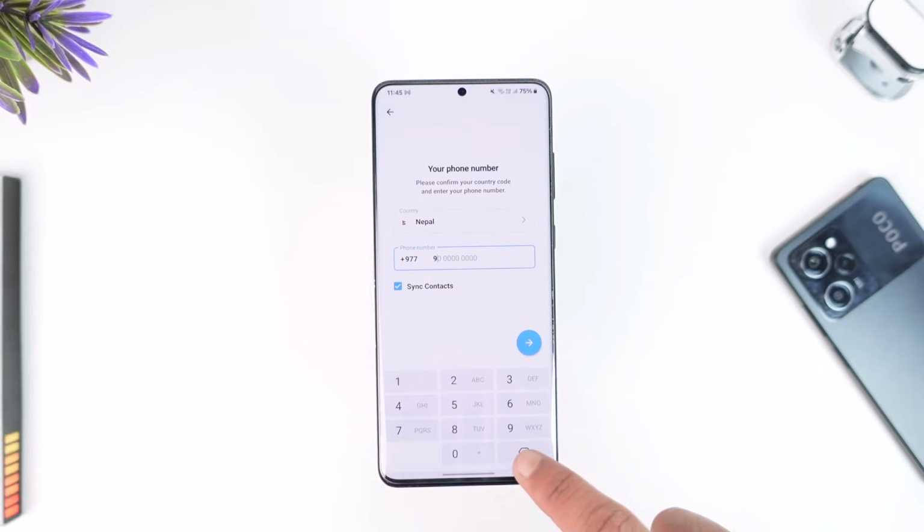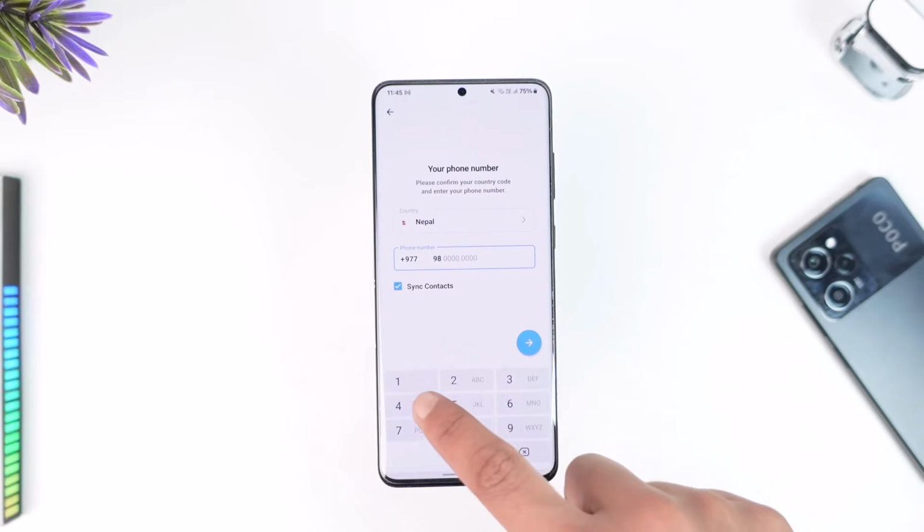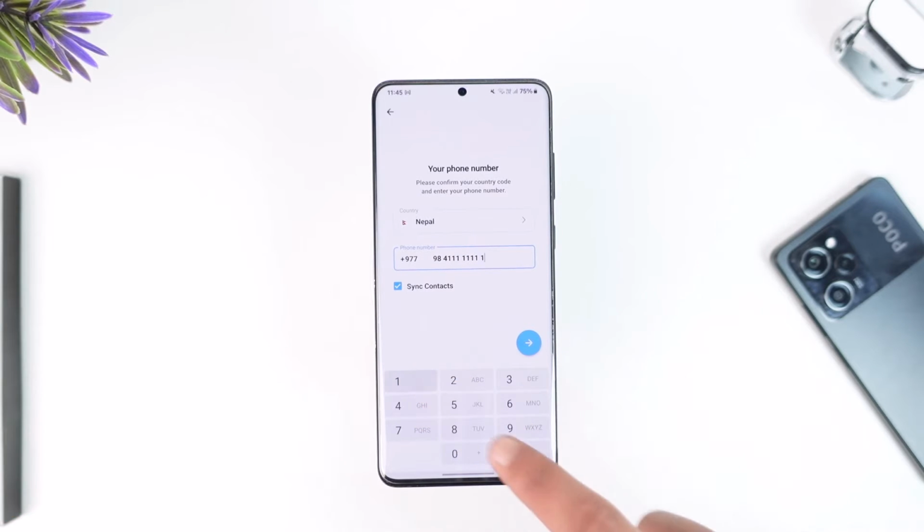So whenever I open up Telegram, right off the bat, the very first thing it asks me to do is to simply enter my phone number. So as you can see, there is no other way that I can use Telegram without a phone number. Now unfortunately, let me tell you, you can't use Telegram without a phone number,